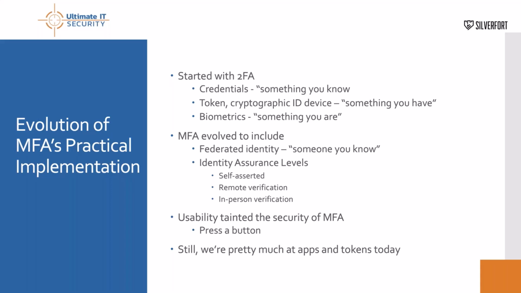And then there's also been an advancement that follows the identity assurance levels within the definition of NIST 800-63. And that's to do with the self-asserted assurance levels. That's the stuff where you're claiming, here's the password, and those kinds of things. There's remote verification and in-person verification. And there's actually very interesting use cases for in-person verification that are not in person with MFA